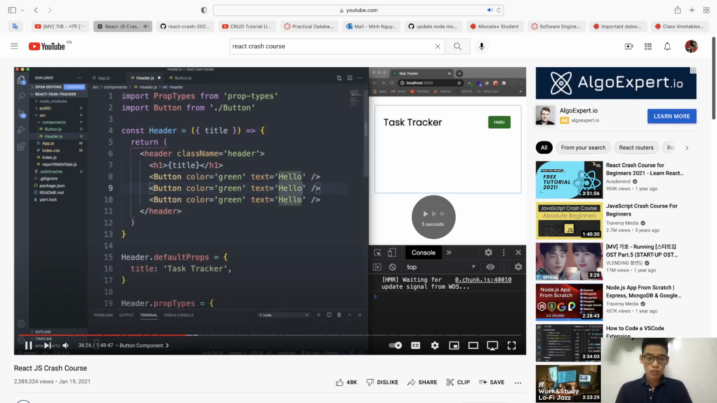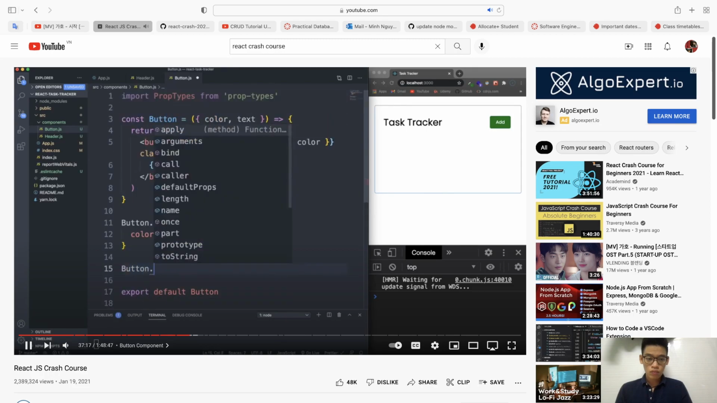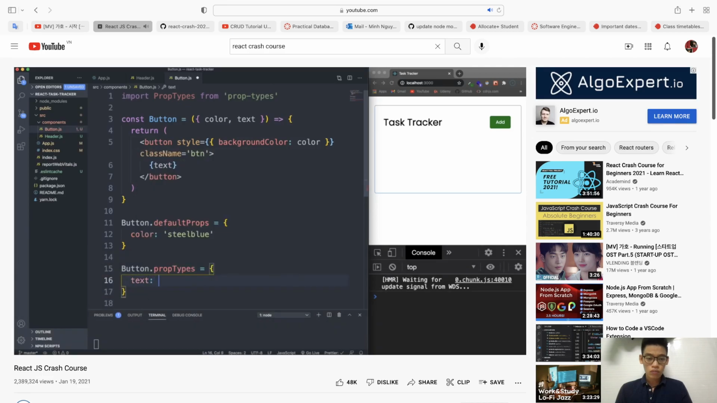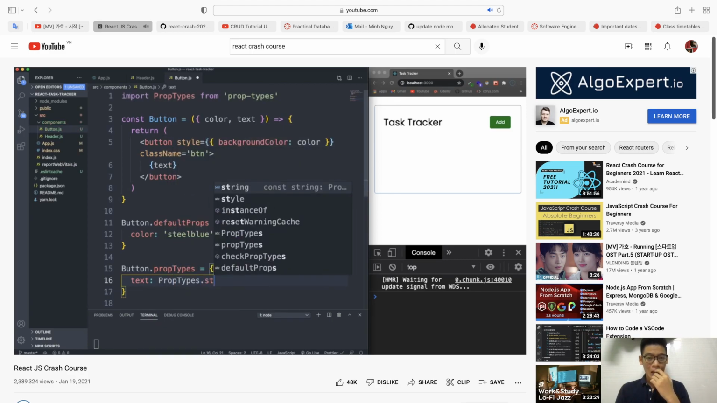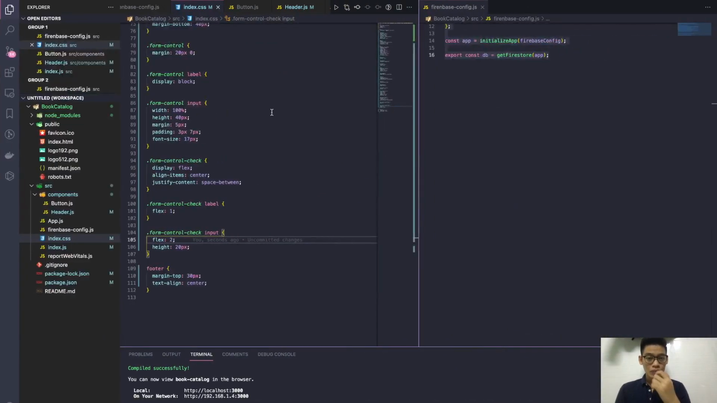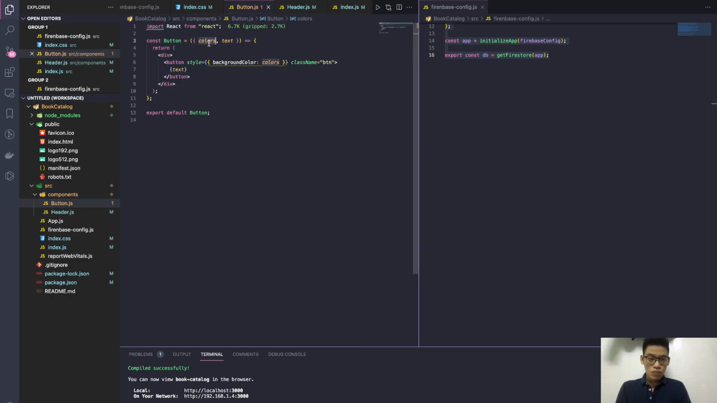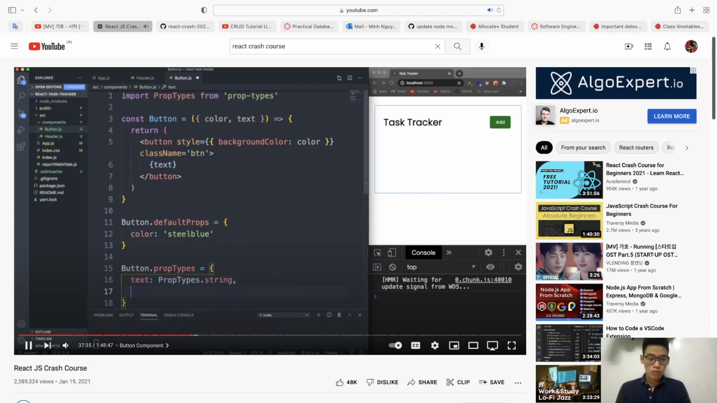Button dot propTypes. So we have our text, which is going to be PropTypes dot string. Then we have the